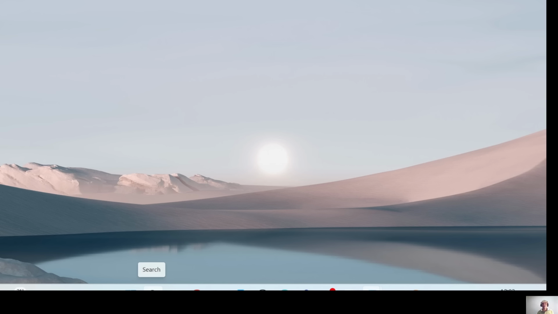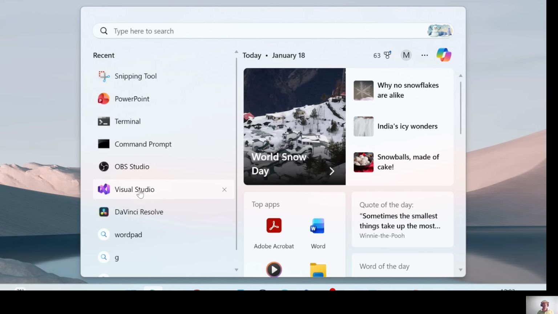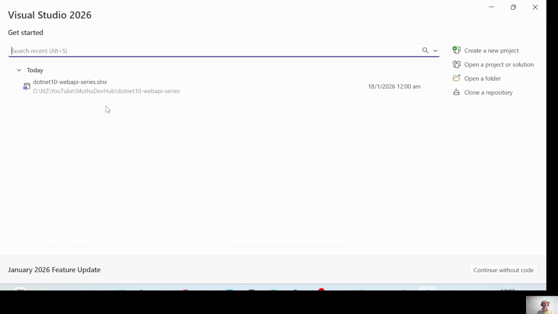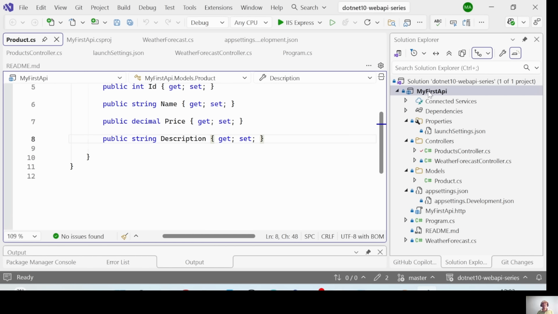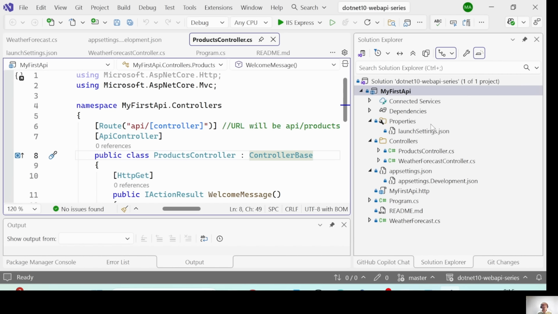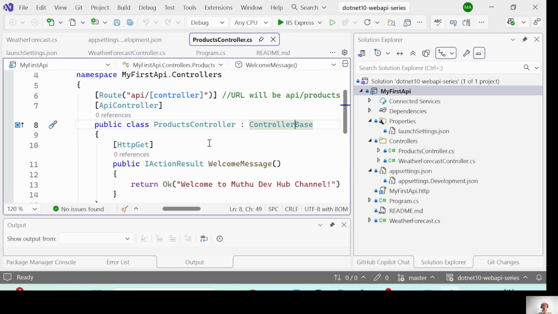Now I am opening the project solution where we created earlier called My First API. Opening Visual Studio. You can access your project solution either through the recent history or you can go for open a project or solution. I'm entering my directory. This is my solution. Click open. Great. The solution opened successfully. We will continue using the same project so you can see how APIs grow step by step.